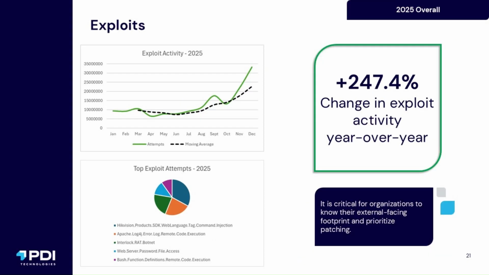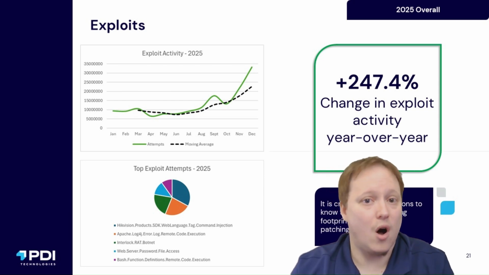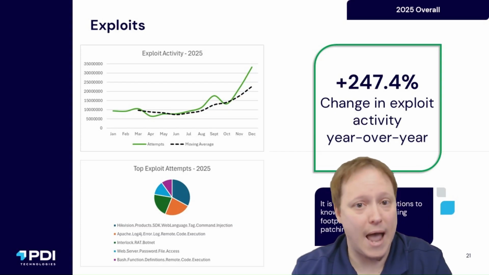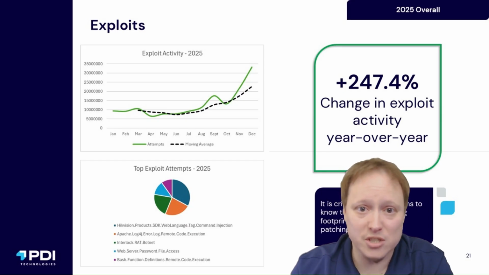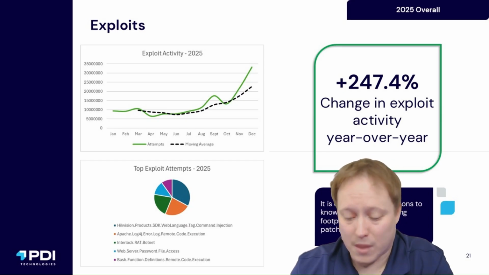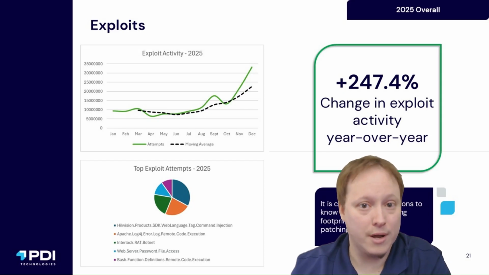When we compare this also to 2024 to 2025, we saw over a 200% increase in exploit activity. Again, I believe a lot of this has to do with automation and AI assistance, if you will, for these threat actors that can now use that to help them code malicious things and research vulnerabilities. You can take one of those LLMs and create it on your own and train it to do malicious things.